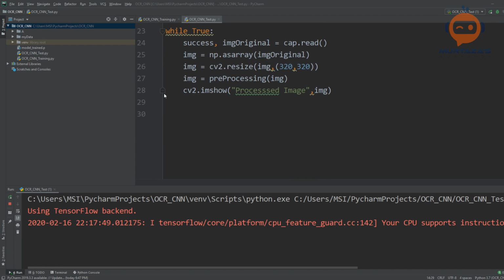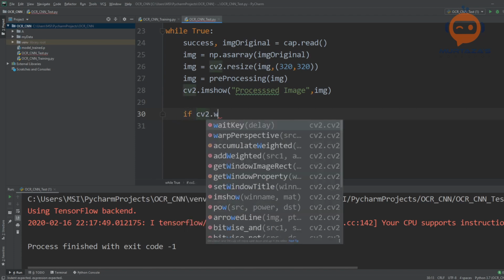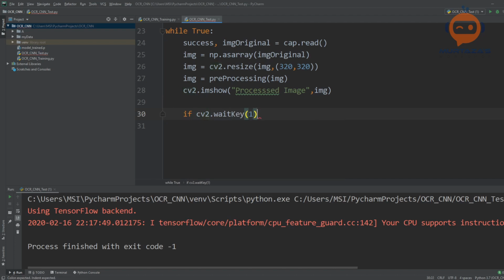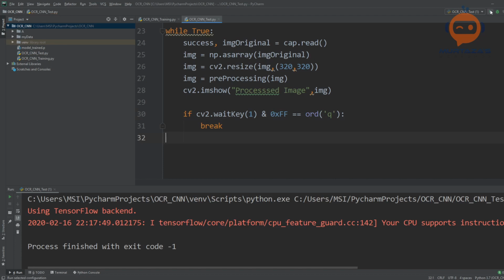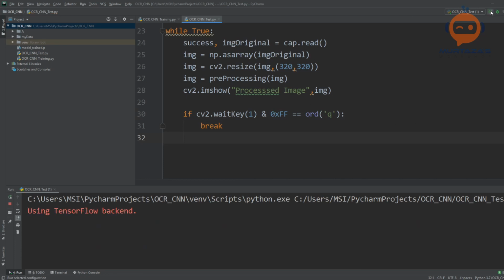Okay, yeah, so one thing I forgot is, when you are using the webcam, you have to add the function for breaking. The if statement for breaking. So when do we break? We need to add the cv2.waitKey, and we are going to say that whenever we find the Q key pressed, we want to break. So Q, and then we have, so this is fairly common to use during webcams,